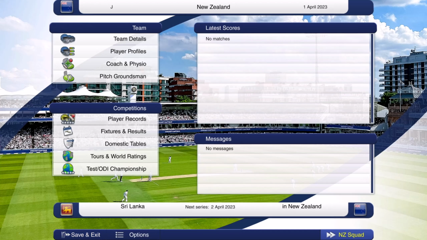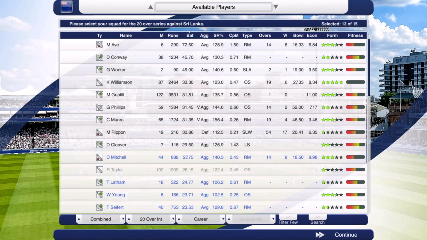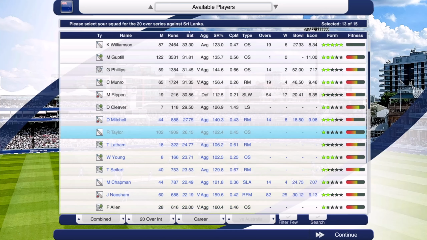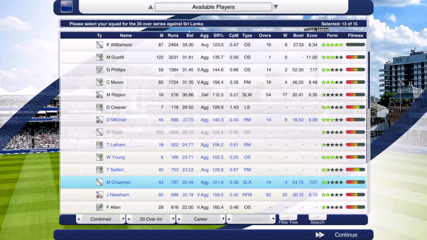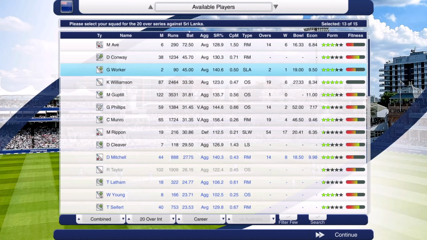Now let's change things up really quickly and look at the numbers around selecting a squad, because as a beginner, you click on your favorite international team, you jump in, you pick select squad down the bottom right, and then all these numbers jump at your face and you're thinking, where do I even begin? Why are there players in blue? Why are there players grayed out? What's going on? So quickly you can see if anybody's fitness bar is at the lowest, which is Kane Williamson